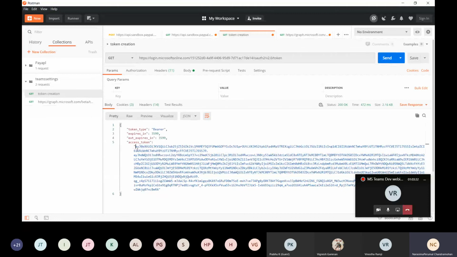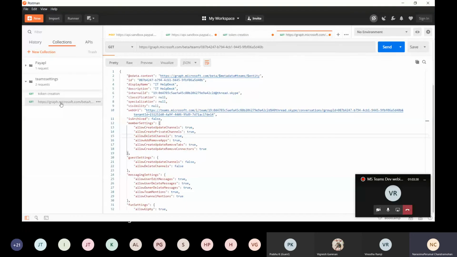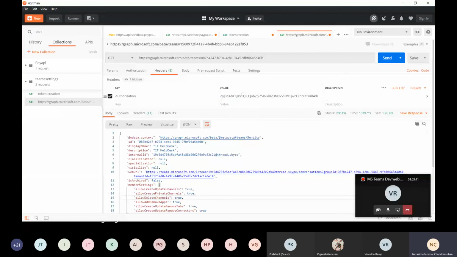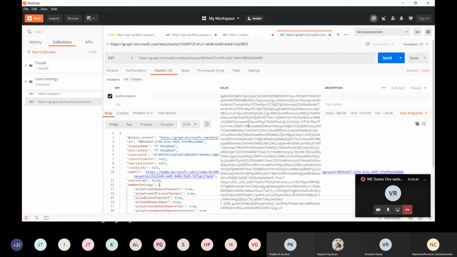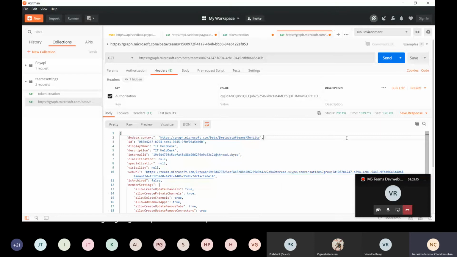I generated the token. And then I am using the token that we generated in the previous step, and I am going to get the settings of this particular team.